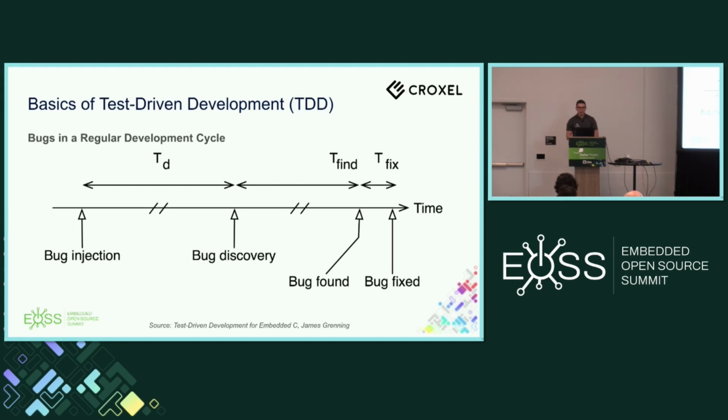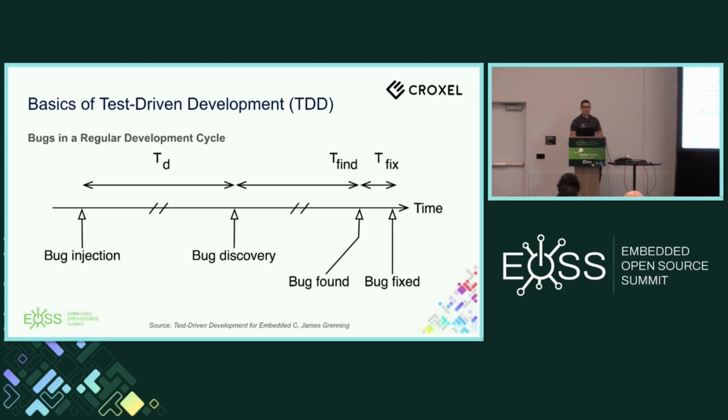This is an image I borrowed from James Grenning. I personally consider that he is one of the guys who actually brought TDD into embedded. Essentially, it shows the life cycle of a bug. When do we usually inject a bug, when do we know that we have a problem, and when do we fix it? So in a regular development cycle,